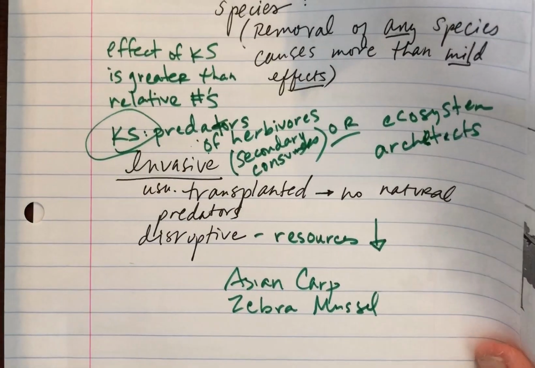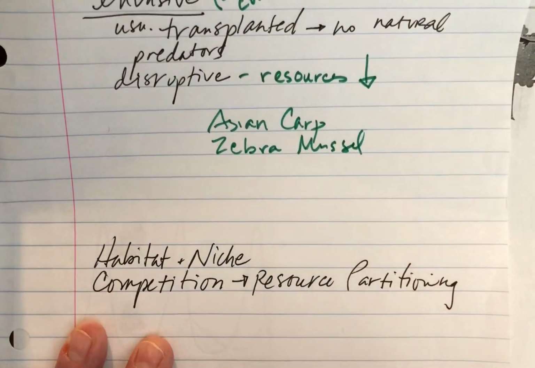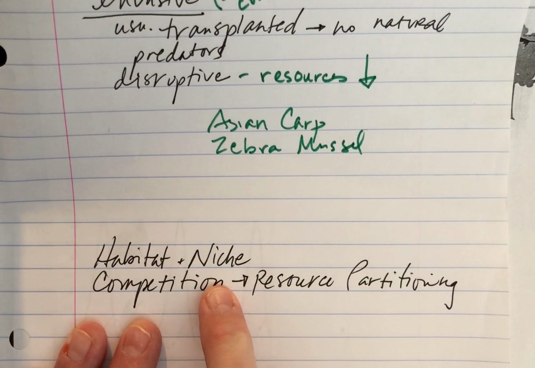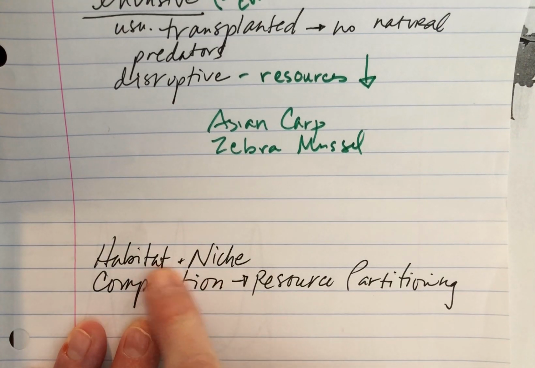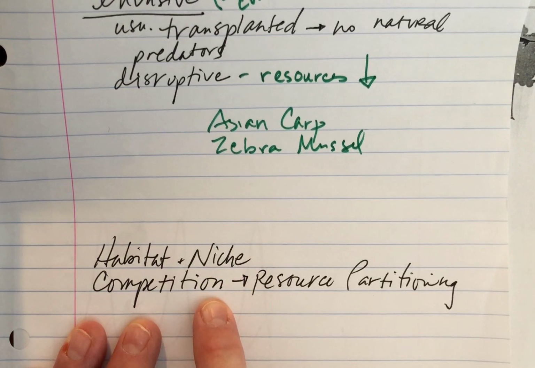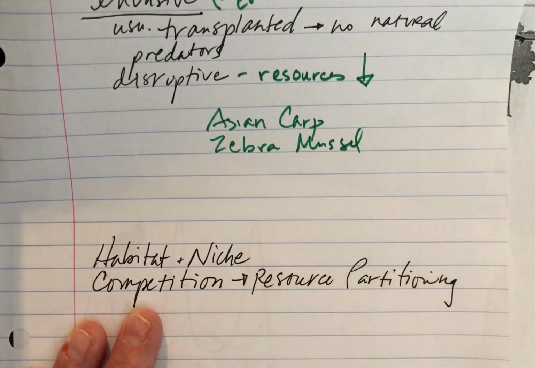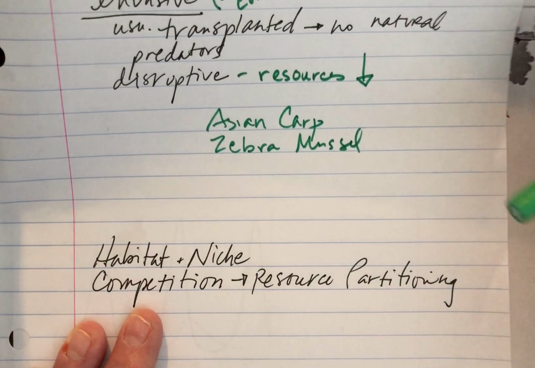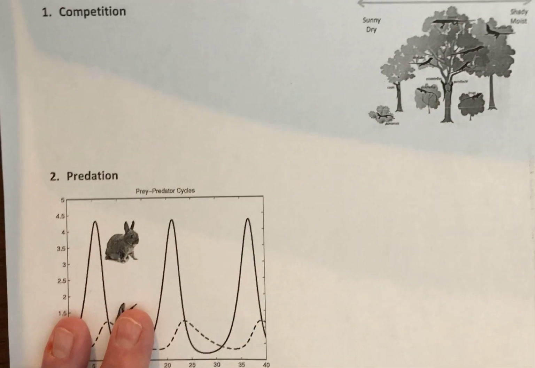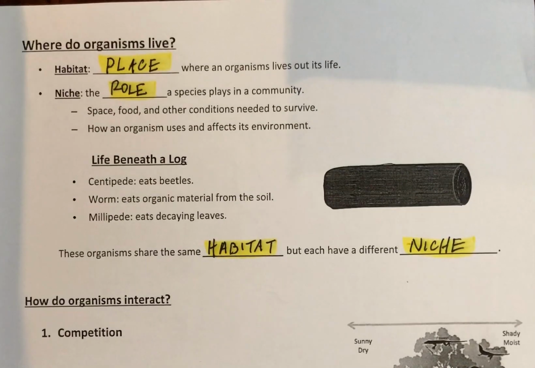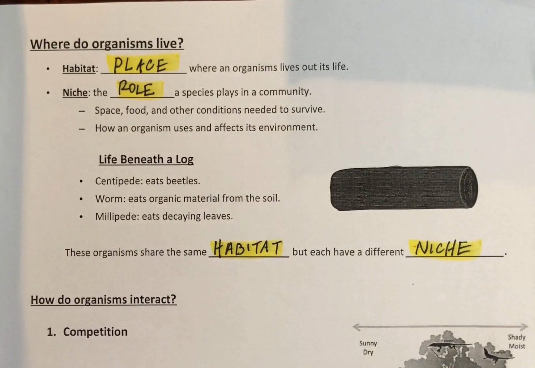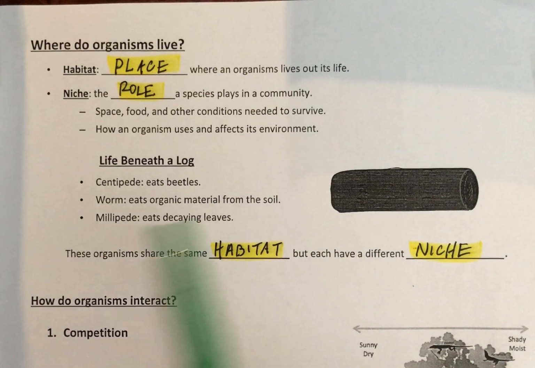All right, lastly, I want to talk about habitat and niche. And this is a question a lot of you had, not about habitat, of course, but about the word niche. And then something that arises from niche partitioning, or really from competition, which results in resource partitioning. So to do that, I'm going to move to the next page, which looks like this. And you don't have this page because I didn't print it before, but just take a look. You can read with me. This makes sense.